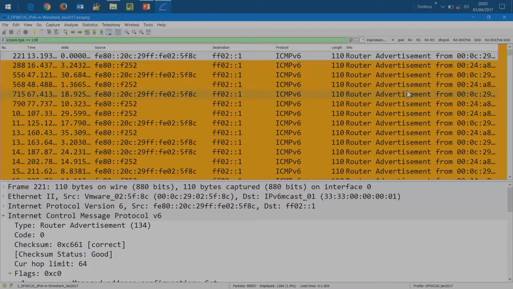The F252? Anybody else want to hazard a guess? I haven't given you anything else. I'm just saying, look at addresses. What would you think? EUI-64 is false. Say again? EUI-64 is fake. You've got the EUI-64 one real, or you're saying the same thing? No, I changed my mind because from class, they said it's easier for you to configure your link locals, so it's easier to identify than trying to use a randomly generated one and keep up with them on your network. So I'm going to backtrack and go with the randomly generated one. So you think this is the real router? Possibly, yeah. And in your definition, you think that guy might be the rogue. That might be the rogue. Okay, and you're saying the opposite.